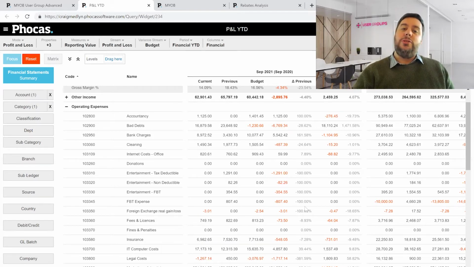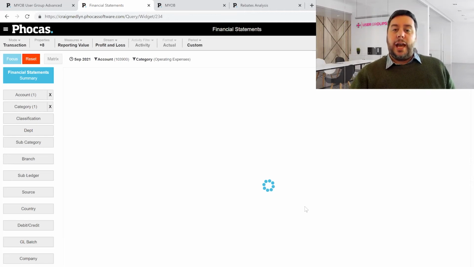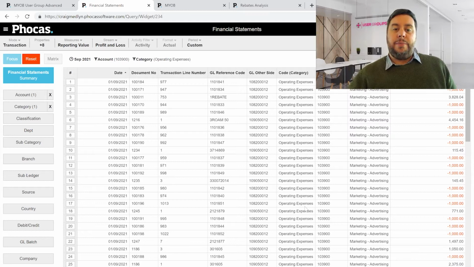Keeping in mind the user does not have to be an advanced user. You can also limit the ability to drill down. So if people are not allowed to drill down to this level, you can control that very quickly and easily. So, a nice and easy way of looking at our data.